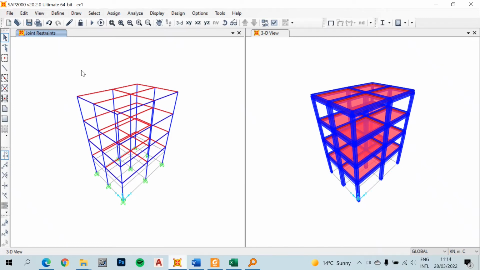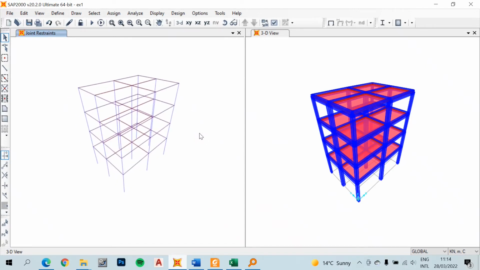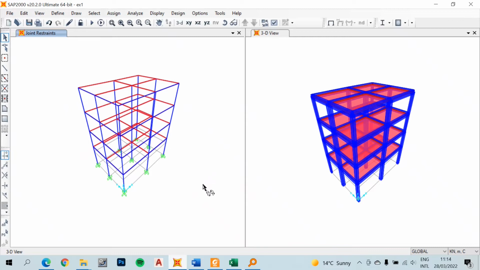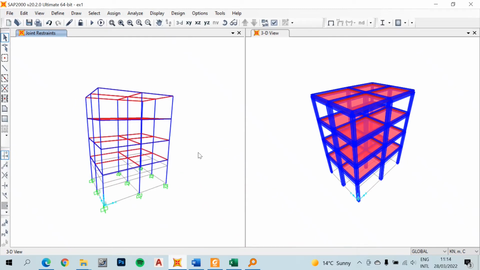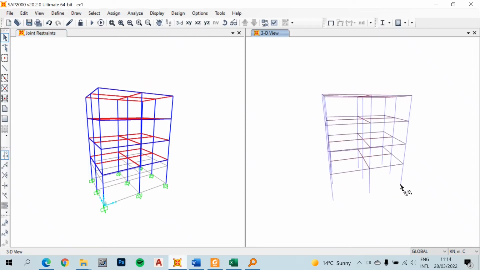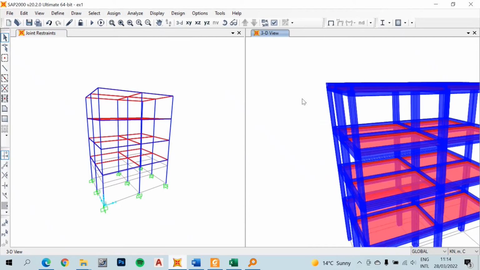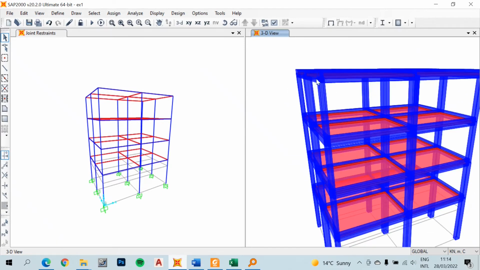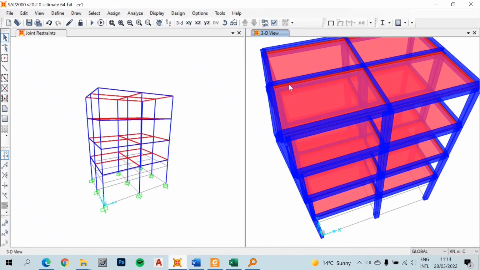Now I think there's something very important you have to observe here. I don't know if you can tell from the 3D view here, but there are some beam and column members that are overlapping, because SAP2000 just models the